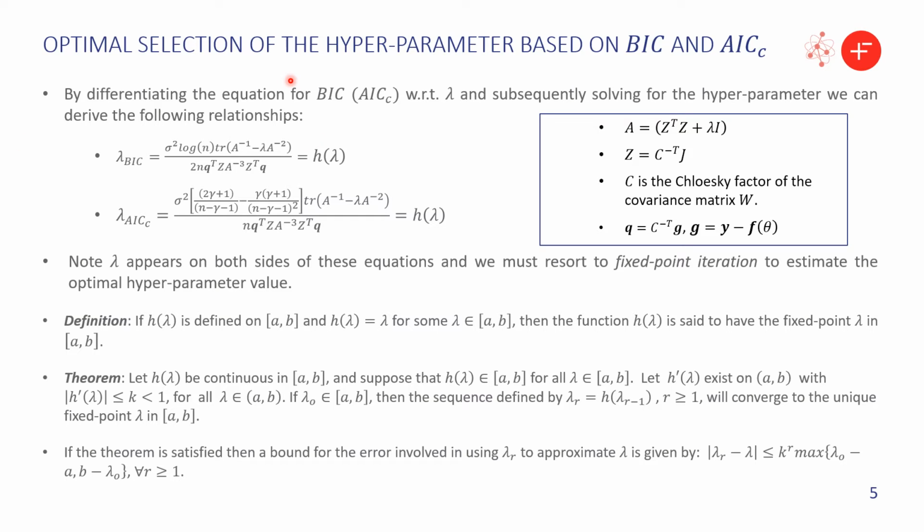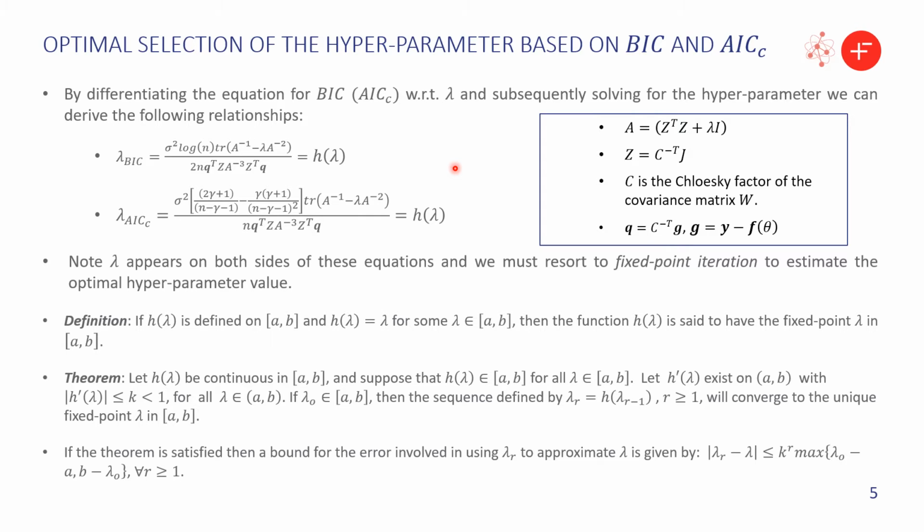By differentiating the defining relationships for BIC and AICC with respect to lambda, setting the result to 0 and subsequently solving for the hyperparameter, we can derive the following relationships. These are both of the form lambda equals a function of lambda, h(lambda). As lambda appears on both sides of these equations, we must resort to fixed point iteration to estimate the optimal